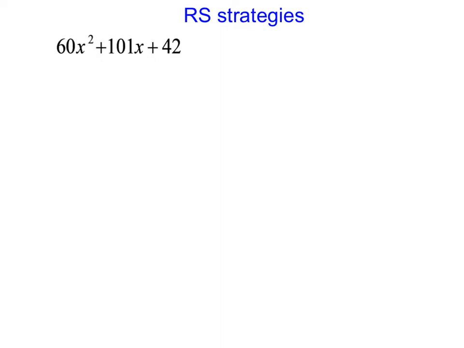Hello there. In this video we're going to go over some strategies that you can use when doing the RS method and the numbers turn out to be really big and you don't have a calculator. So here, for example, we all know that we start the RS by multiplying 60 times 42. And that's a fairly large number. It's like 2,400 and change. It's big. And then trying to figure out what combination of its factors add up to 101, all this without